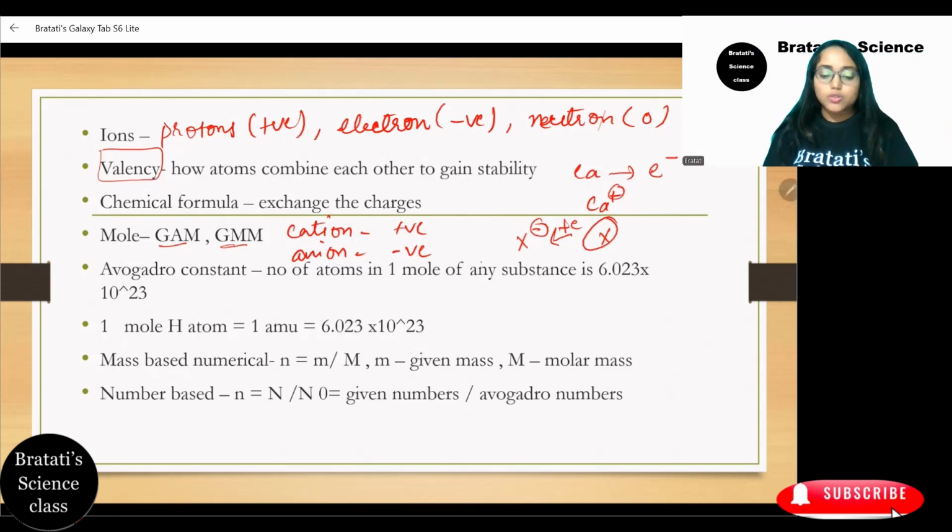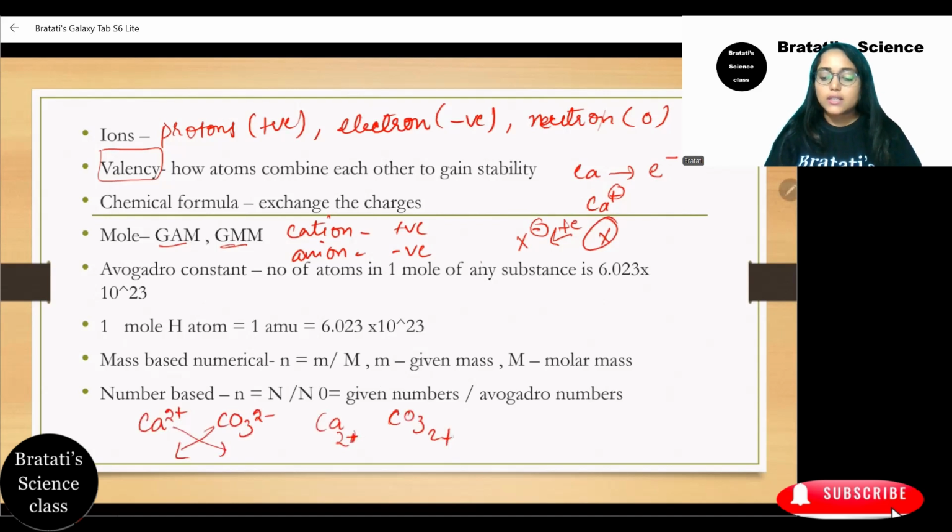So for example, I'm showing it here, like calcium carbonate. So Ca2+ and CO3 2-. What we will do is exchange their charges. So actually it is going to be minus, and here CO3, here it's going to be plus. Then we will nullify the charges, and 2 and 2 also we can nullify. So actually it's becoming CaCO3. So this is how the chemical formula of a molecule is formed.